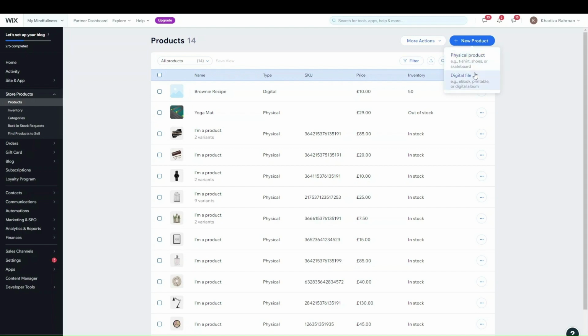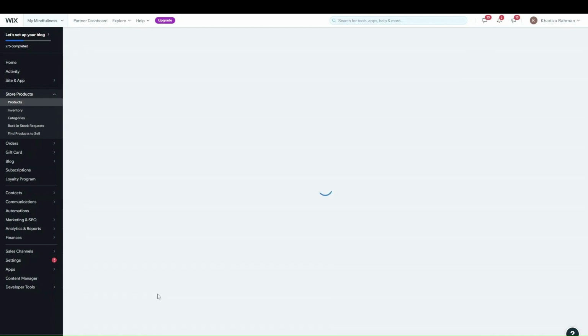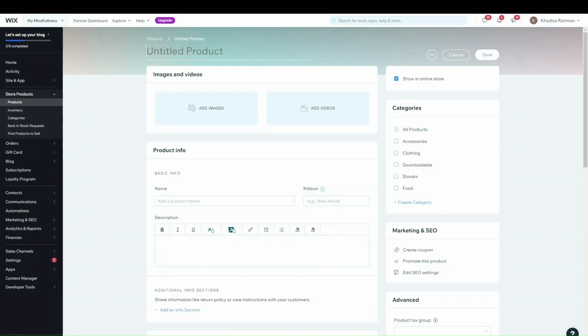So depending on what kind of file or what kind of product that you want to do, you just need to select that from there. For now we'll do physical product, but I'll show you how to add a digital product as well afterwards. So you click on physical product and then it'll show you the blank back-end version of the physical product, and you just go through each field and type in all the